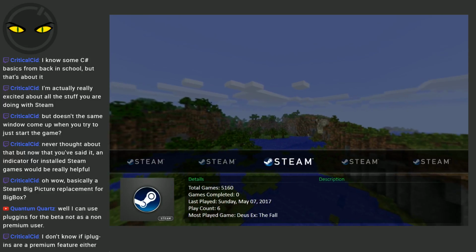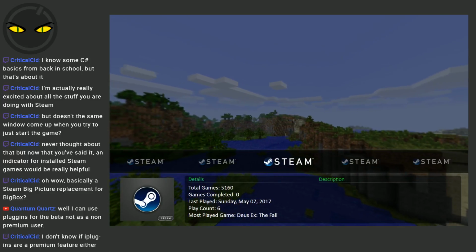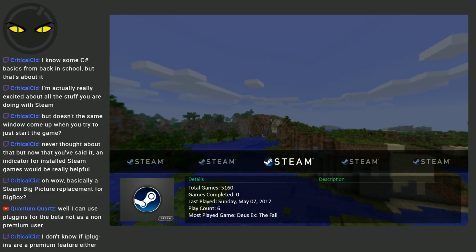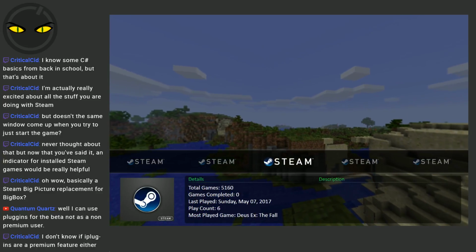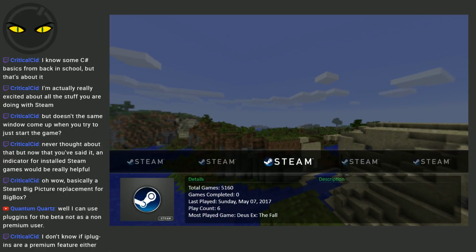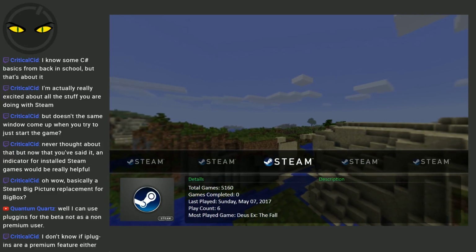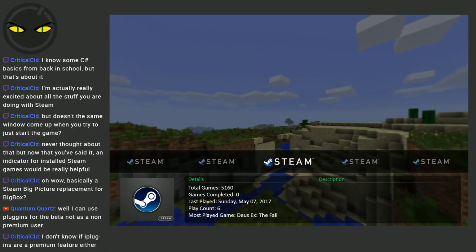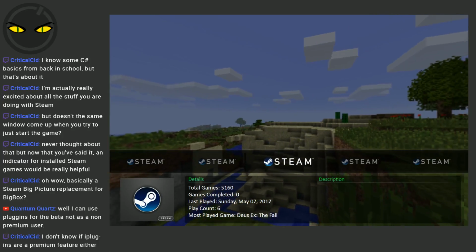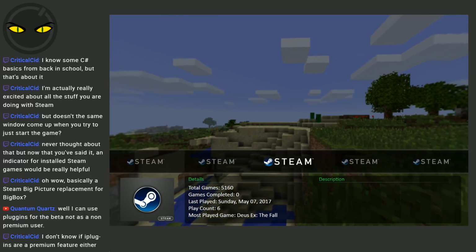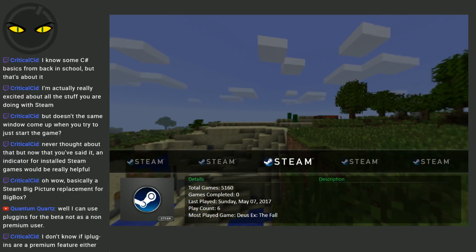Obviously you can't use the BigBox ones, and I requested that he add a service plugin type, which would just be a really dumb plugin. All it would know is that LaunchBox or BigBox has started and that it wants to close, and it would hold until it was done with whatever it was doing so it could close. And the reason I need one of those types of plugins is so that I can run a service in the background